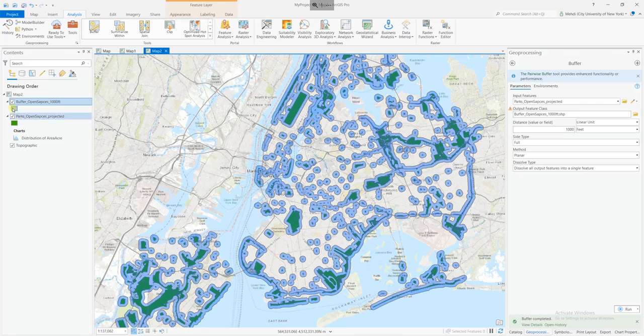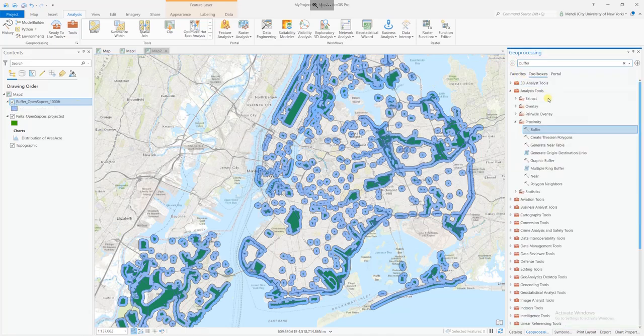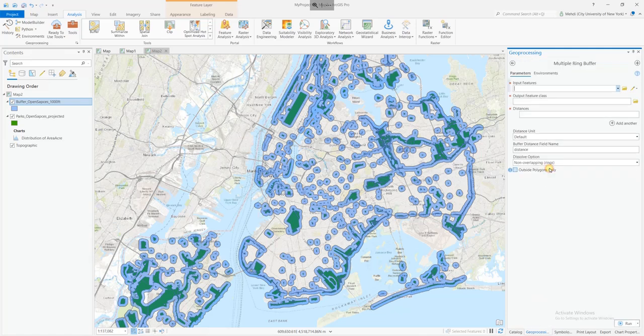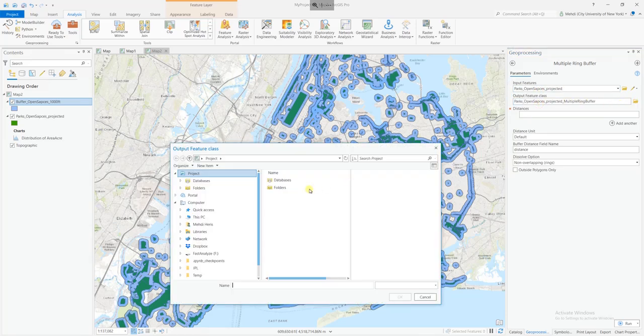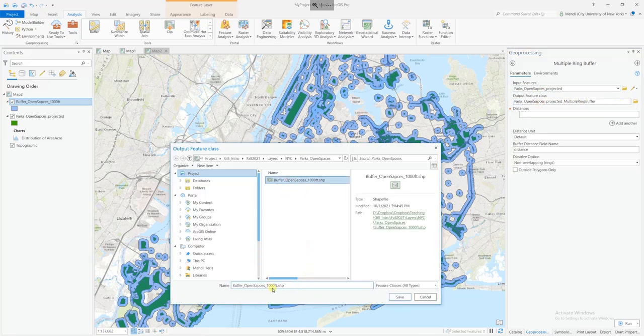Okay, now that we learned about simple buffers, I'm going to talk about multi-ring buffers, or multiple ring buffers. For that, we need to go and find the multiple ring buffer tool. I'm going to do the same thing, creating a buffer around parks. Again, giving a name. This time I'm going to call this multiple ring,